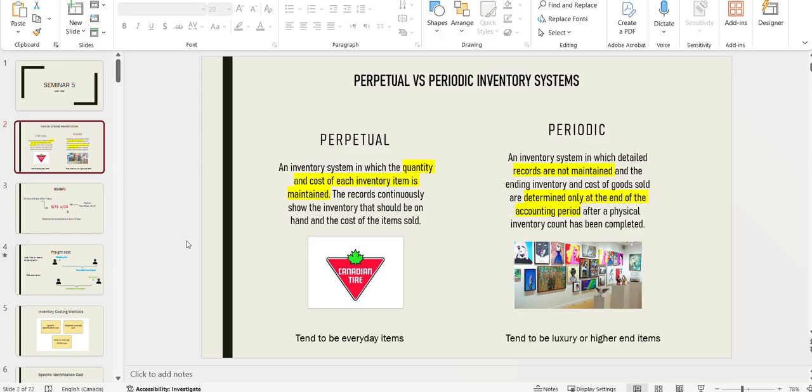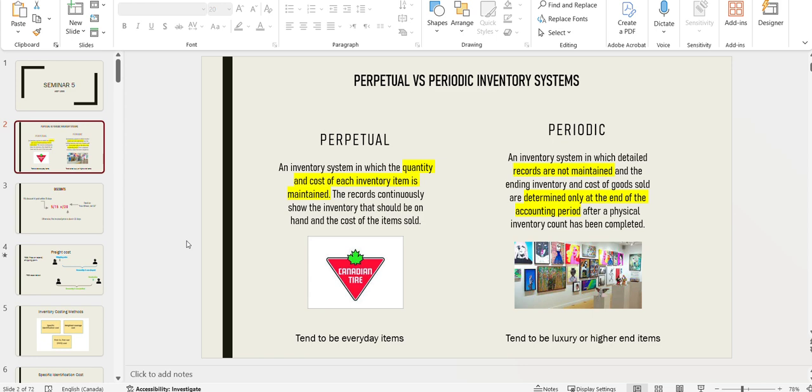In perpetual inventory system, we have an inventory system in which the quantity and cost of each inventory item is maintained. So the moment you sell one item from your inventory, it is recorded in your inventory system. Like when you go to Walmart or Canadian Tire, they keep track of their inventory the moment they sell one item. But in periodic, the records are not maintained all the time, and they actually have some calculations by hand